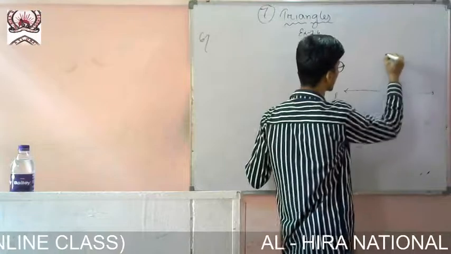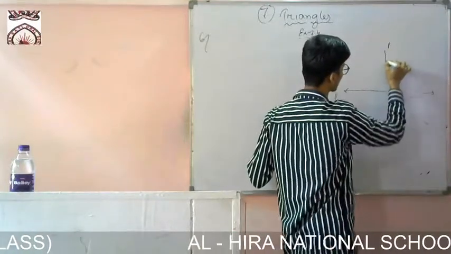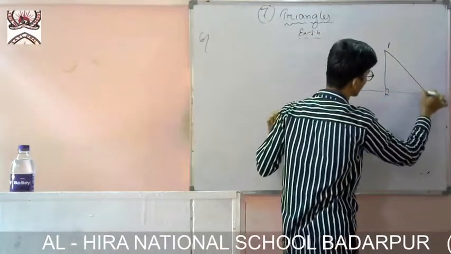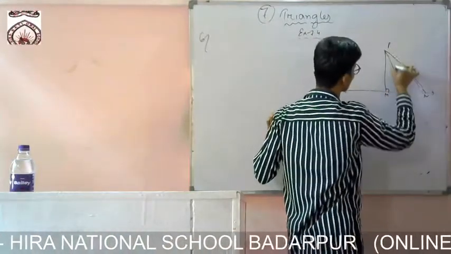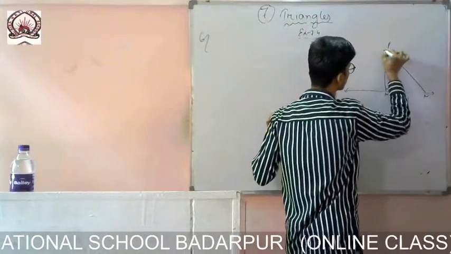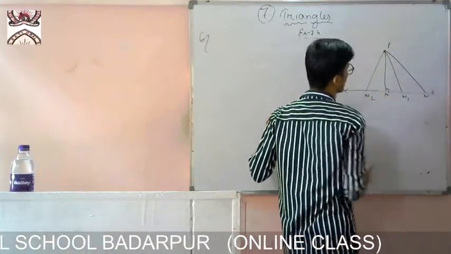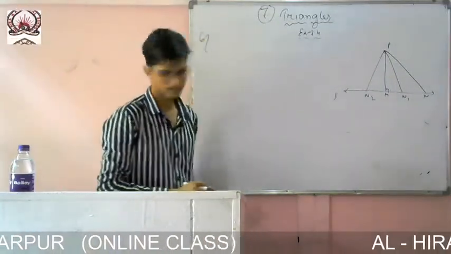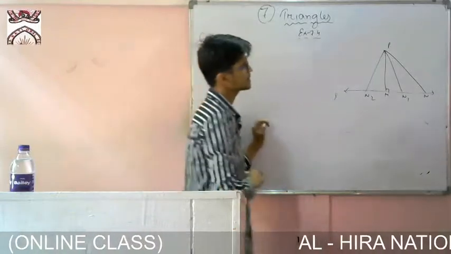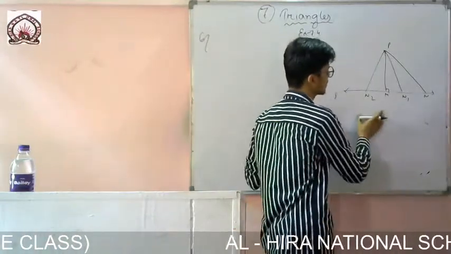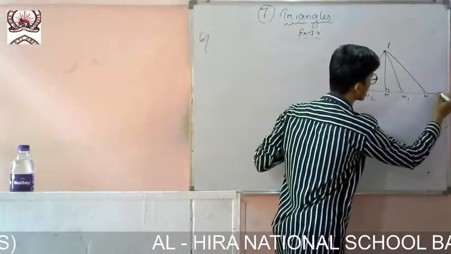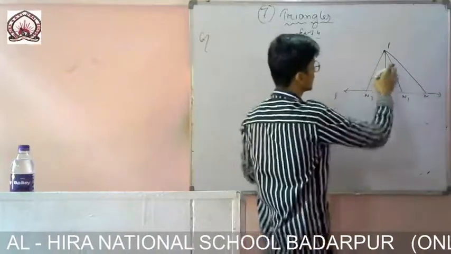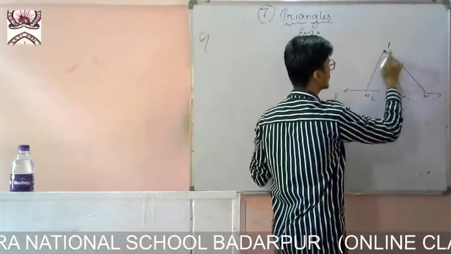So let me draw a line P M N N1 N2. Okay, so I have drawn a figure by myself. I have given this one N1, that one N2. So you see one thing, what is given in the question, that a line is given, and it is given that if I from a point drop some lines like this, then the line which one will be the perpendicular, that one will be the shortest.